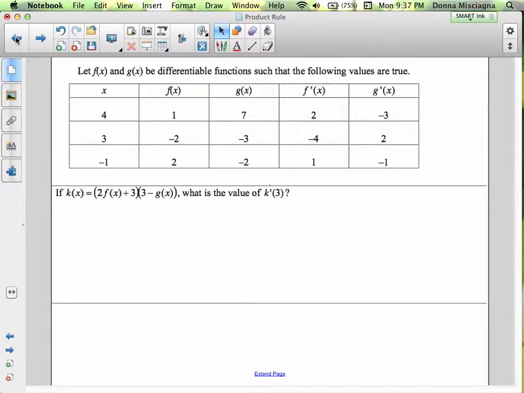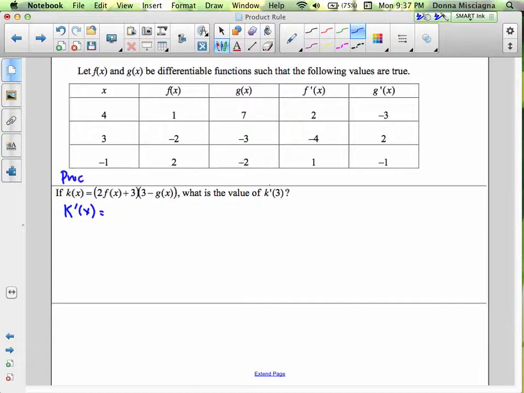All right, same table. So k of x is equal to 2 times f of x plus 3 times 3 minus g of x. Ooh, nice big product rule. All right, so k prime of x, we have to use the product rule. It's going to be the first,